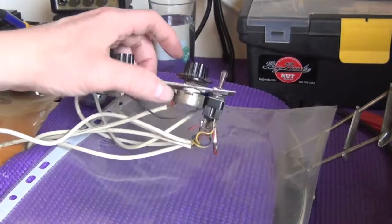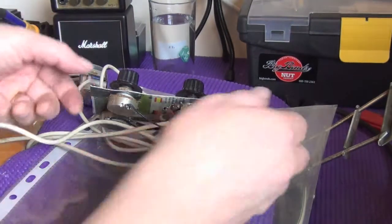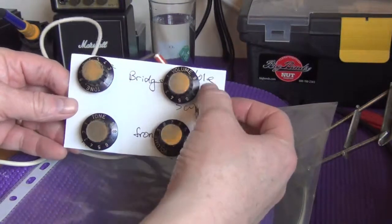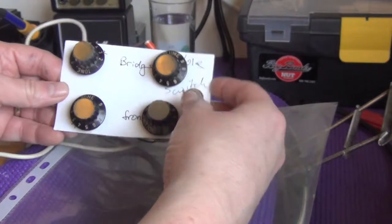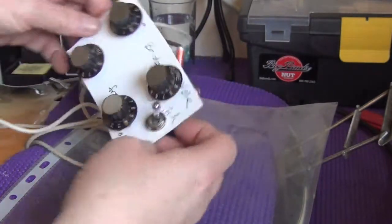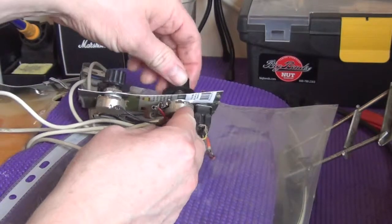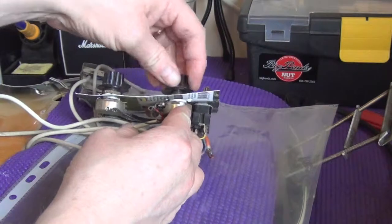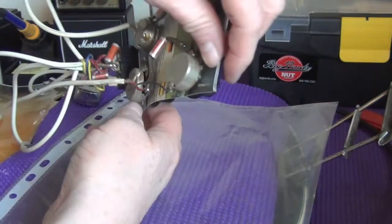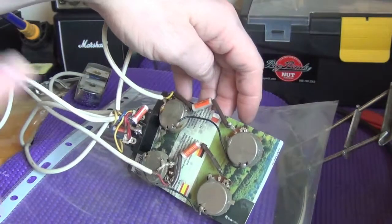So I kind of jumped the gun a little bit there and started cleaning it. There were wires all over the place, but this is why I made that little cardboard thing. I can assemble everything in there now, as if this was on the guitar that way, and that means I can clean them and I can easily get the pots turning and running, and it also is going to make it quite a lot easier for me to do any soldering,